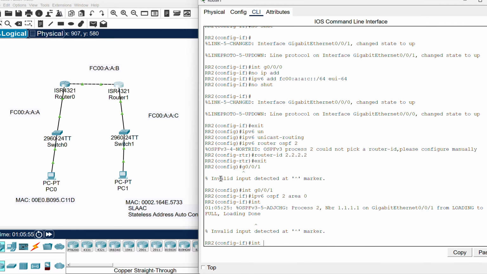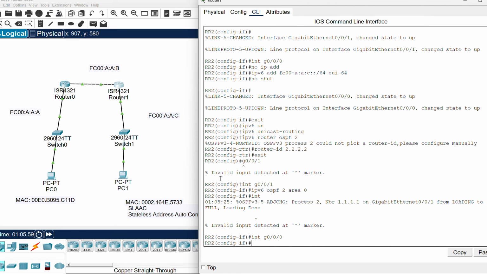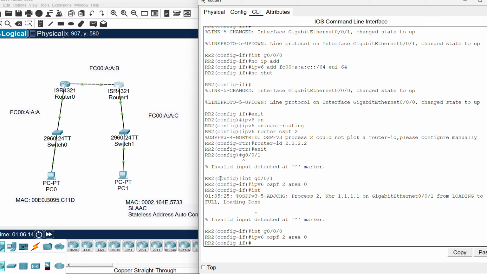Now I want to get in my interface of G0/0/0, and I'm going to do the same thing, IPv6 OSPF 2 area 0. Now, if you remember from the IPv4 labs, we always had to,